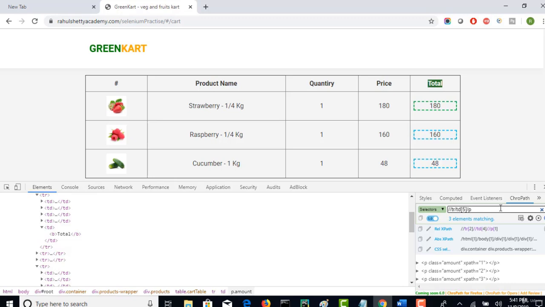The reason is that earlier, this total is having another tag. So when you said TD of 5, it gave me all of them. But out of which, slash, I was asking to go to only the P tag. And only these 3 elements are matching. So you need to understand, it's not that every time if you have this,